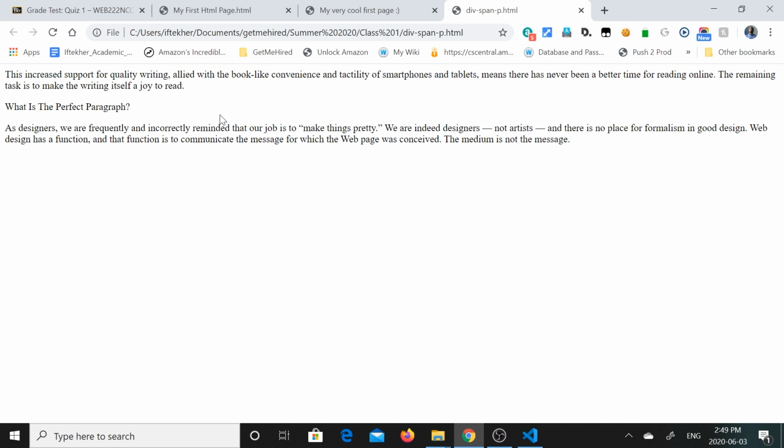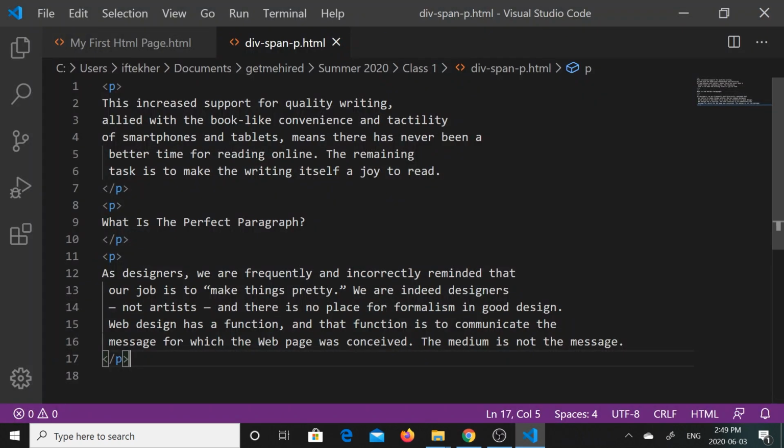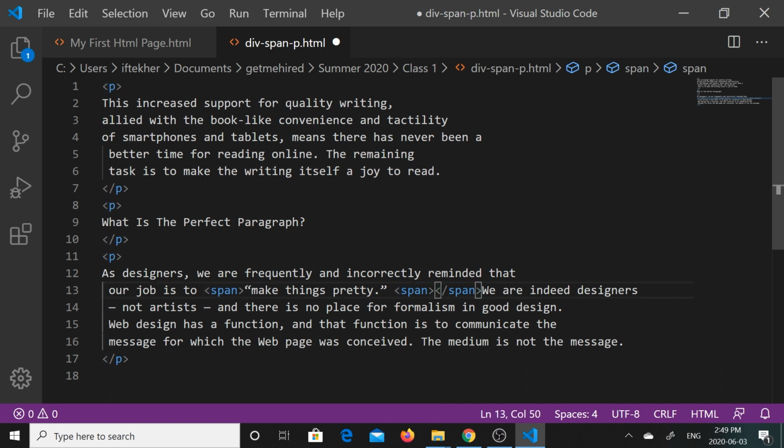Now what if you want to separate one of these sections within a paragraph but without creating a paragraph for it? For example, this make things pretty, this part of it, we want to give slightly different treatment for this. But we don't want it to be a separate paragraph. So those are the situations where we use the tag span, and it will not actually create a new paragraph, and that's why it is called inline tags. So here is our span,